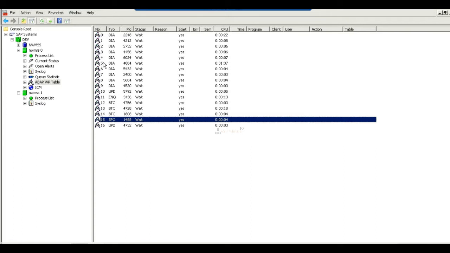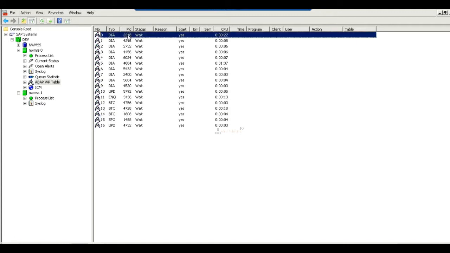Yes. These are the numbering of my work processes. These are the types. These are the PID. What is PID? PID is nothing but process ID. Each and every work process will have a process ID. And what is the status? This is the main important thing.